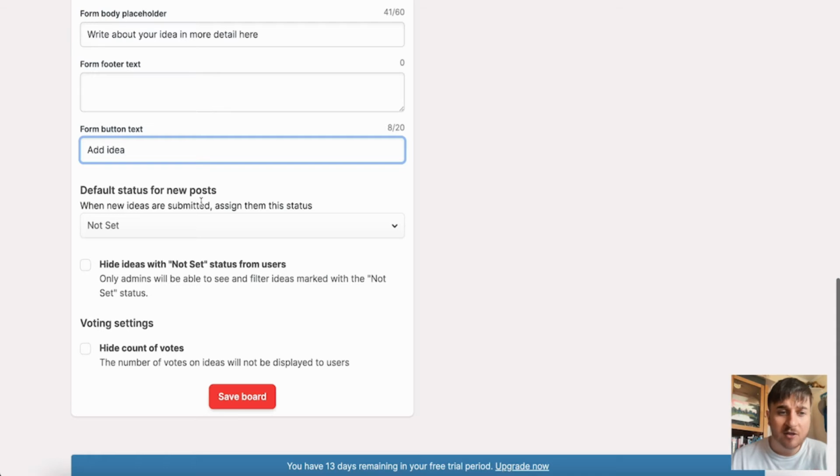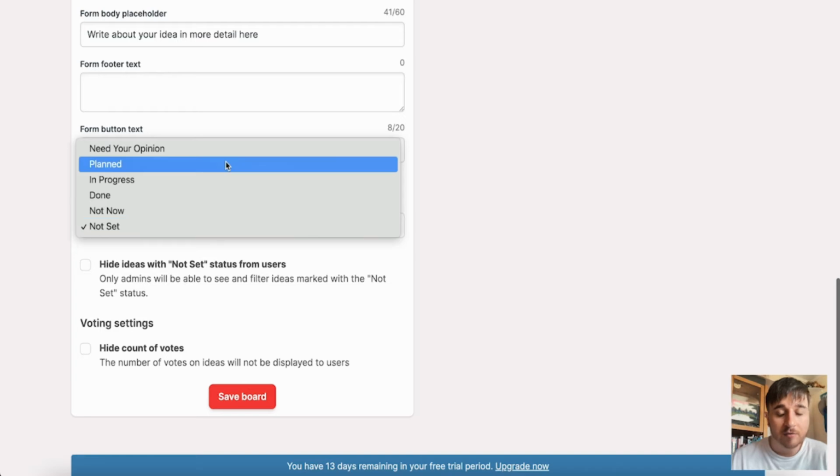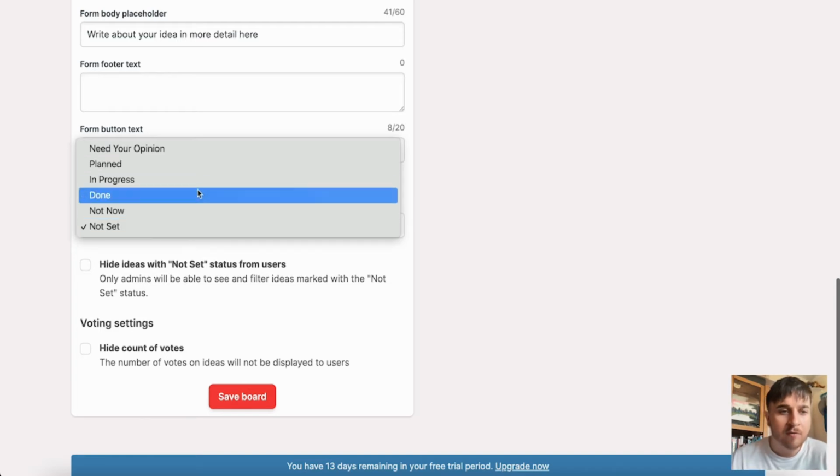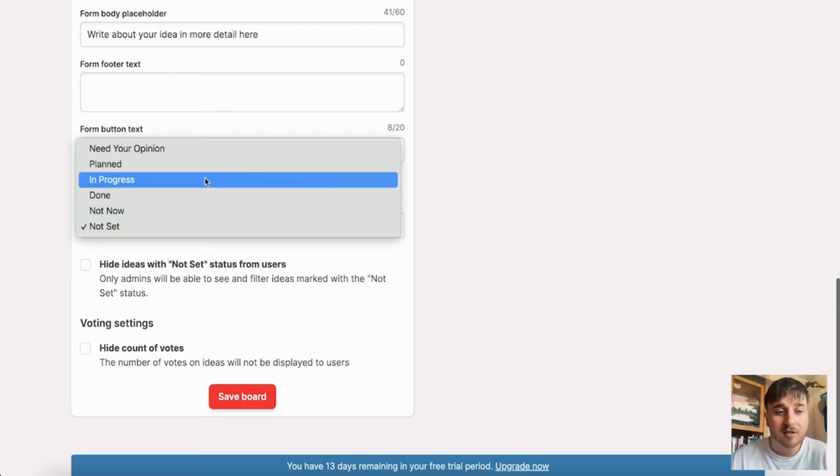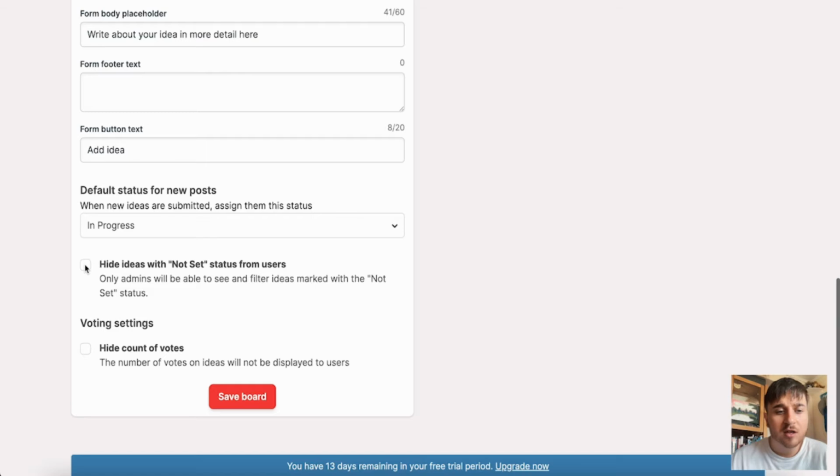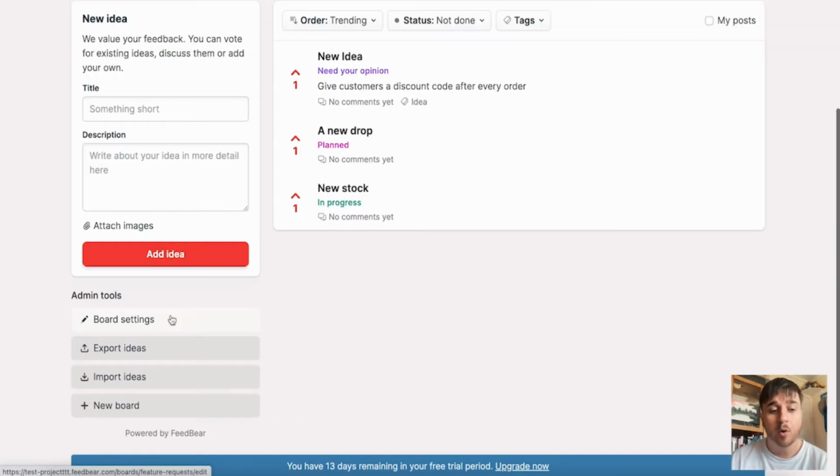have default status for new posts. So when new ideas are submitted, assign them to this status. You can obviously choose which one you wanted to go for. So for the sake of this, I'm just going to put this as in progress. You can also set it to hide ideas with not set status from users, and you can also hide the count of votes. Once you're happy there, if you go on Save Board,